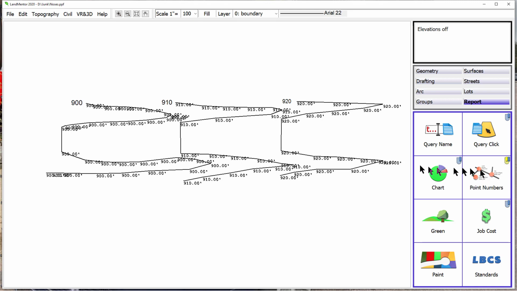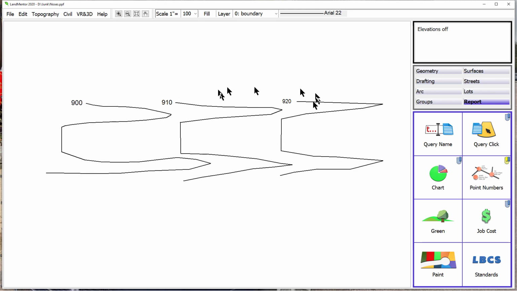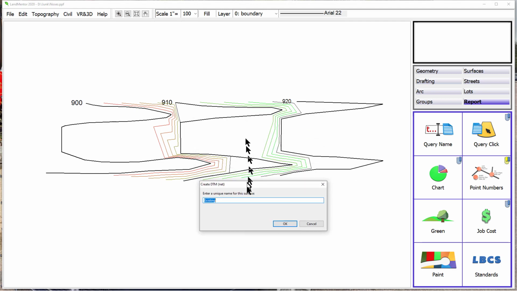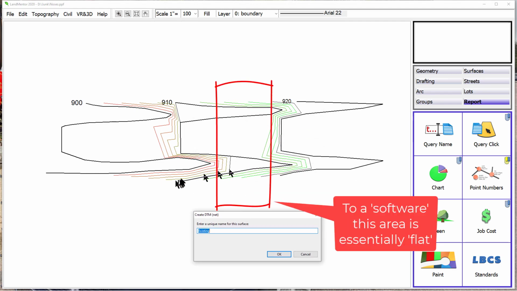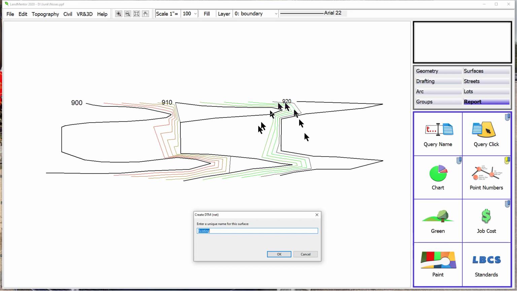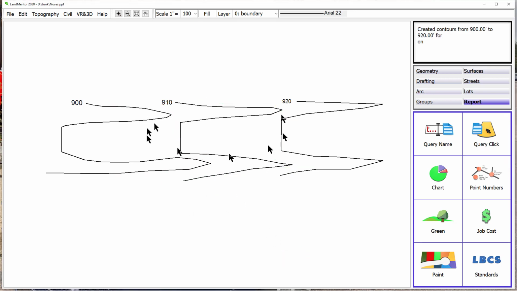When the computer goes ahead and creates a digital terrain model, for example, go to Topo and we'll create one, you could see what it sees is a flat area with some influence of the difference of the elevation with the topo around it. But essentially, this is flat, and this is flat to the computer. So what we have to do, I'm going to hit cancel so we get rid of that, is we typically